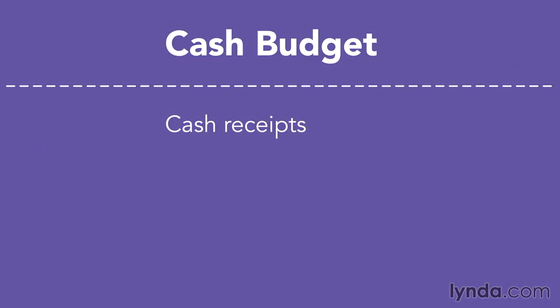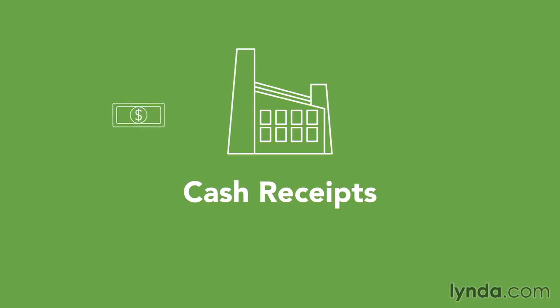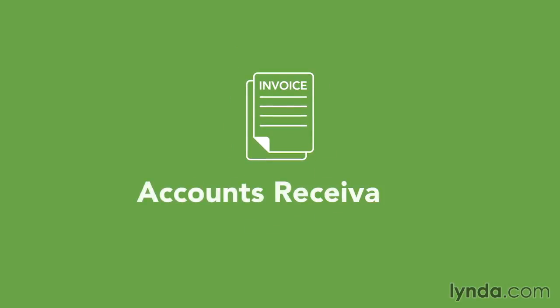borrowing. Typically, a cash budget is divided into 3 sections: cash receipts, cash payments, and financing. The cash receipts section summarizes all cash expected to flow into the business during the budget period. Because many companies generally extend credit to their customers, a lot of their sales are originally recorded as accounts receivable. The collection of accounts receivable is a major source of cash, and its timing is an important consideration in preparing